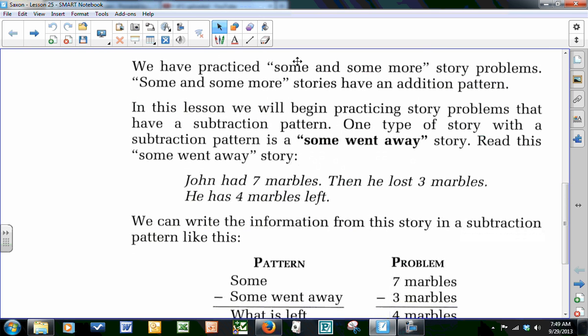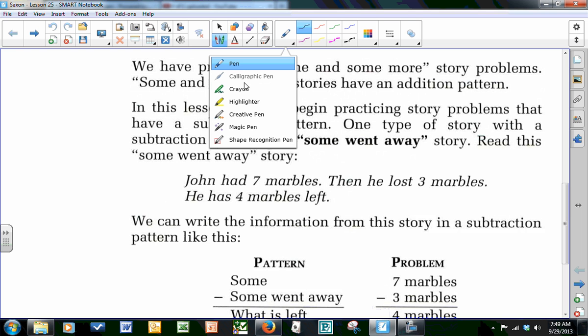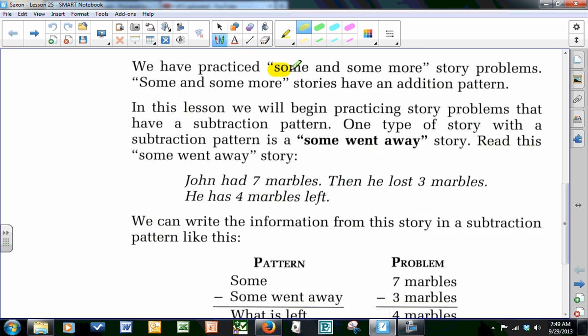Now, we have practiced in earlier lessons some and some more story problems. Let me highlight that. Some and some more story or word problems. And these all have an addition pattern to them. If you have some and then you get some more, that's addition. But in this lesson, we're going to be practicing another type of story problem or word problem that will have